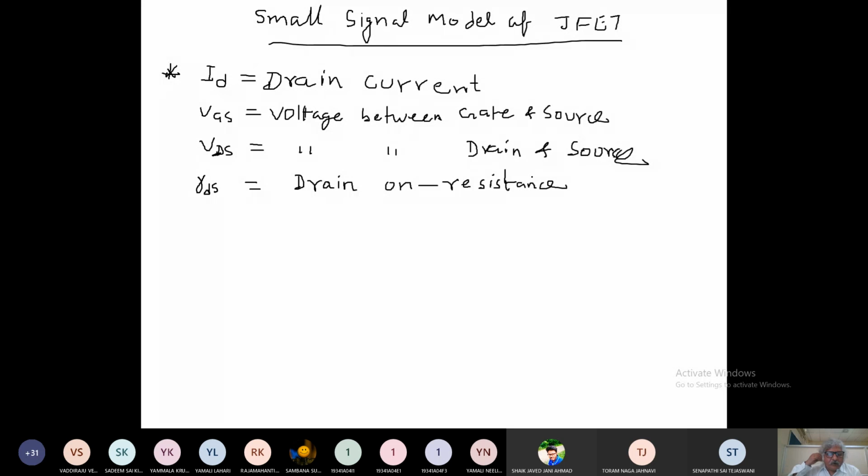Right. So now we know that ID is a function of